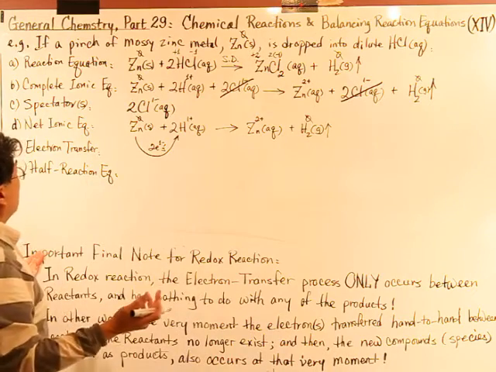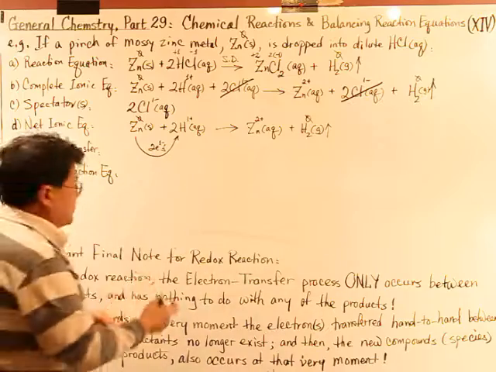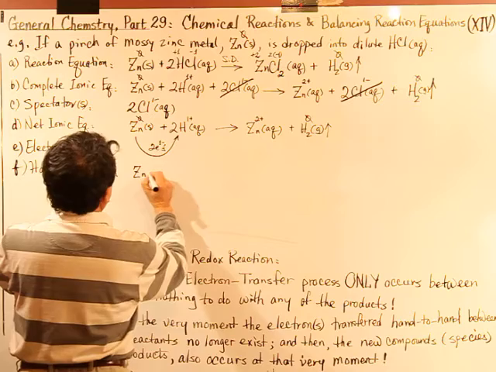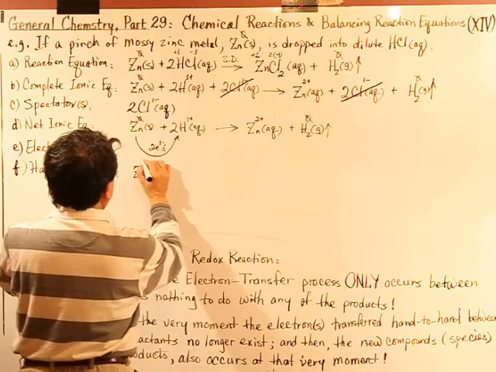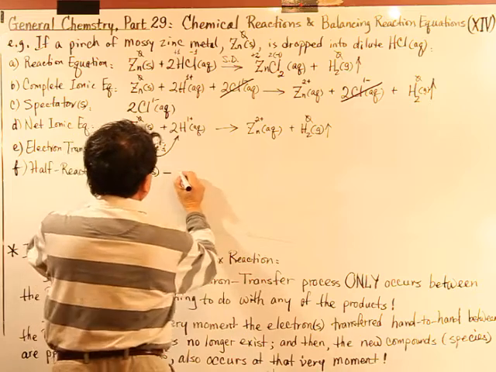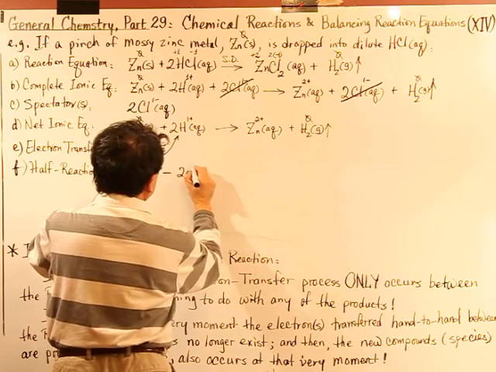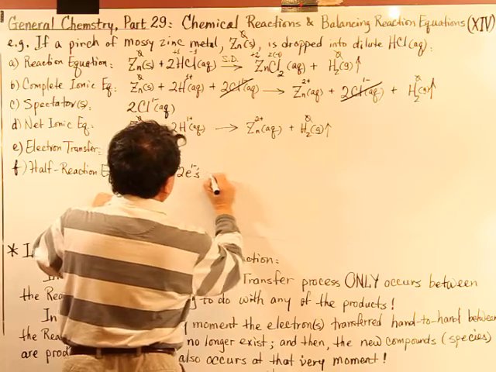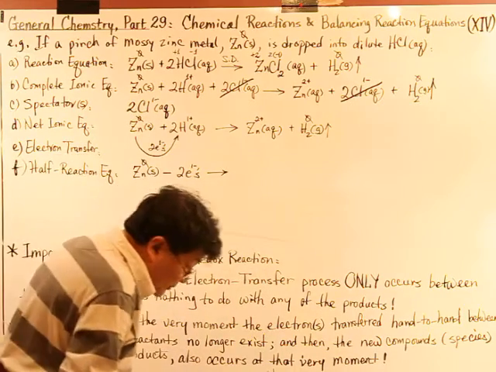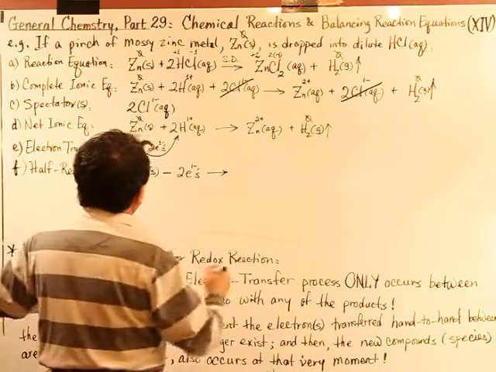The zinc loses 2 electrons, so lose is subtract, right? So we start from where the reaction starts: zinc metal loses 2 electrons, and then gives you zinc,